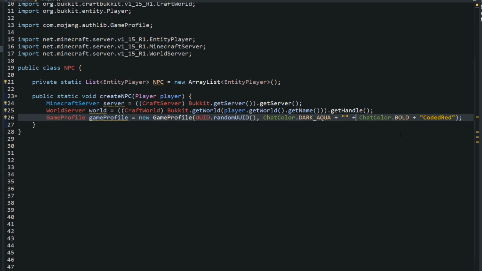And boom. Now, before I move on, let me just say that the name is really, really important. The name can only be up to 16 characters long. If it's more than 16 characters, the player will crash. The packet that we are sending is a packet to the player, so the server won't crash, the player will crash.